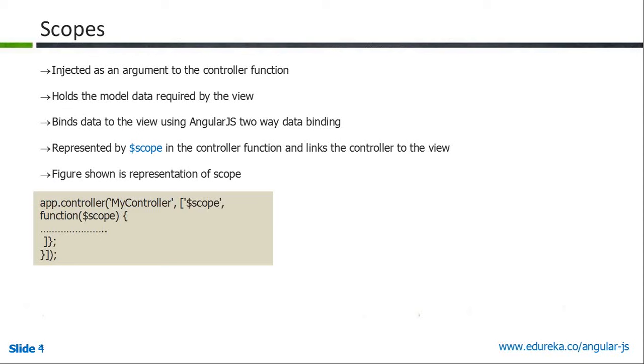Next, we have scopes in the controller. What is the use of scope, and is it possible to inherit scopes? In the scope we keep the data. Whatever data you want to have, we can store it in the scope. It is like a variable in your application. Whatever scope variable you create, you should be able to access it in the controller, view or template, whatever we call it.